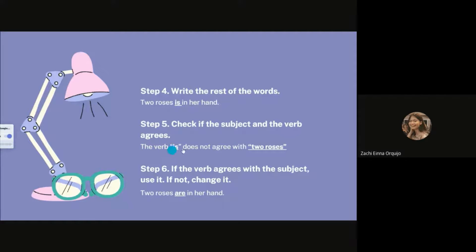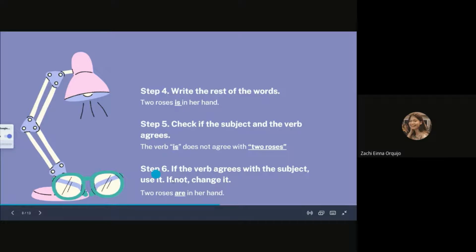So, the verb is does not agree with two roses. Bakit? Yung two roses kasi ay plural, 'di ba? May pinag-uusapan tayo na dalawang roses or dalawang flowers. Meaning to say, yung verb na is, kasi yung is ay ginagamit kapag isa lang or singular yung subject natin. So, tingin nyo ba tama na gamitin yung is kung 2 roses or dalawang flowers yung pinag-uusapan natin, which is plural? 'Di ba hindi? Kasi yung is ay pang singular. That's why